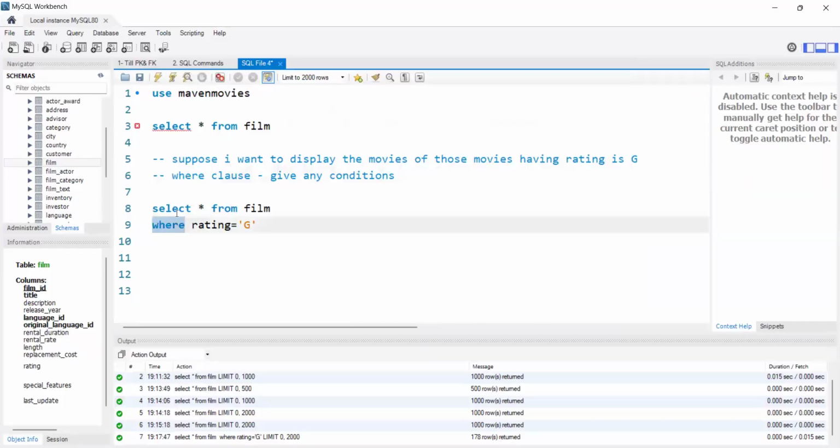How will we use the where clause? First, we need to write the select statement. After that, we need to use the where clause. And while explaining the concepts, I will give the examples also, so that whenever you are reviewing this file, you can find this as one example. In this way, we can understand the concepts easily, and at the same time you have some examples to practice with. Okay, so next,